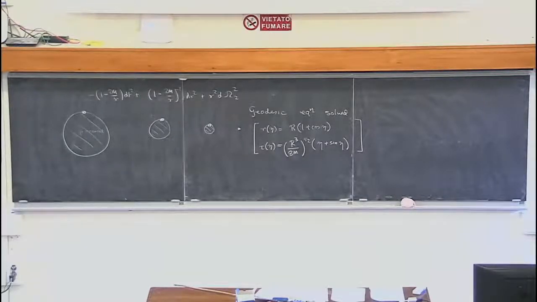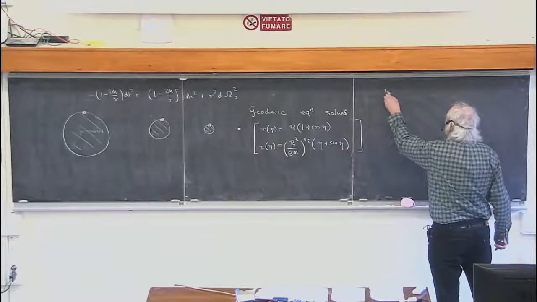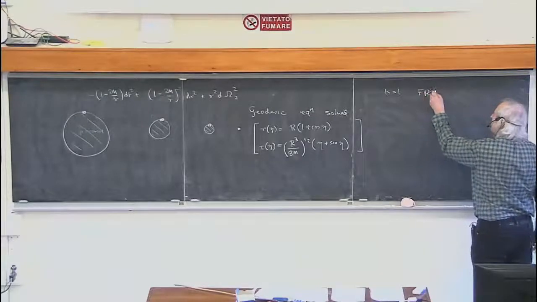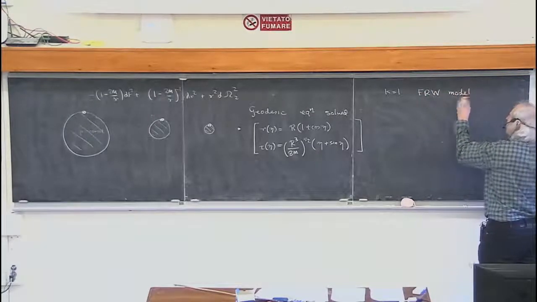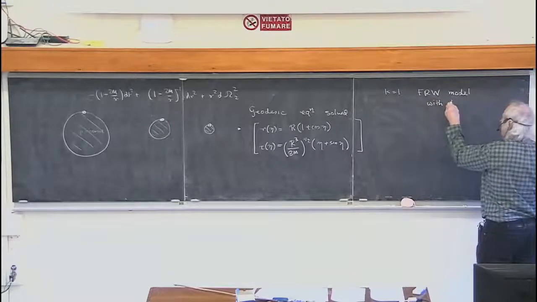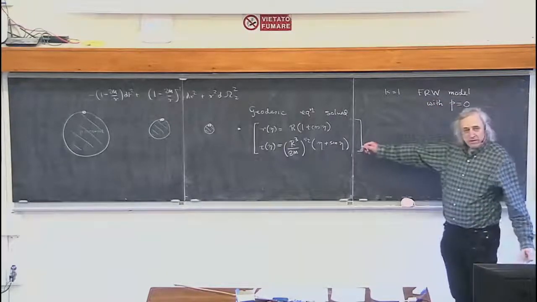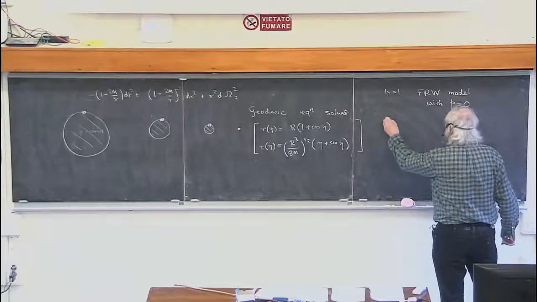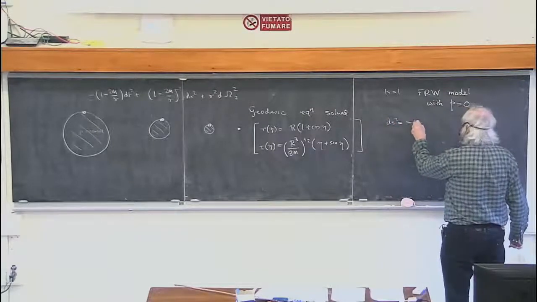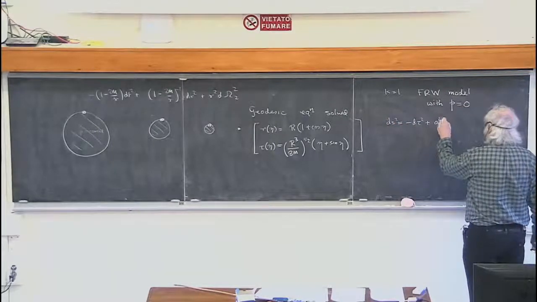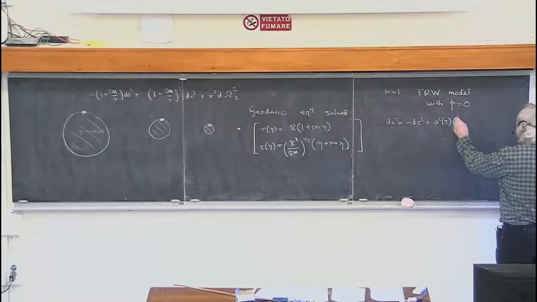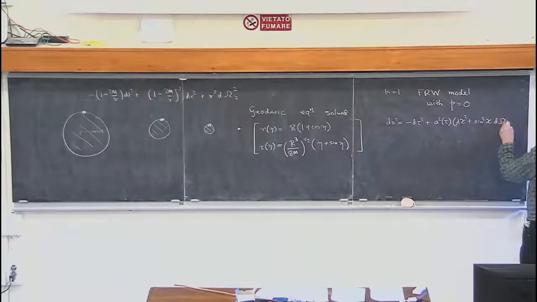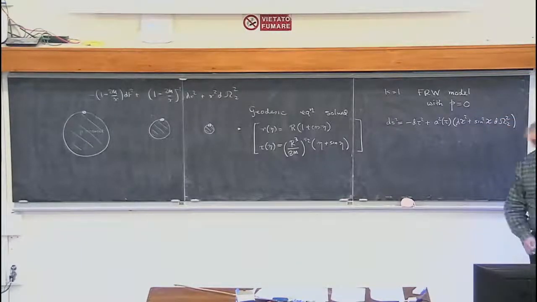Yes, the answer is yes. If you look at a k equals 1 FRW model with pressure-free matter, then its size looks almost exactly like this. In fact, if you write the metric in the following form, minus d tau squared plus a squared of tau into d chi squared plus sine squared chi d omega squared,